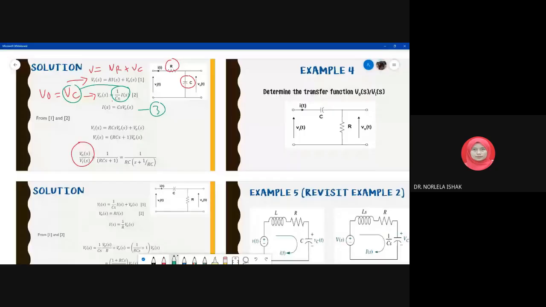So you can get current equal to C S multiplied with the output voltage. So from equations 1 and 2,